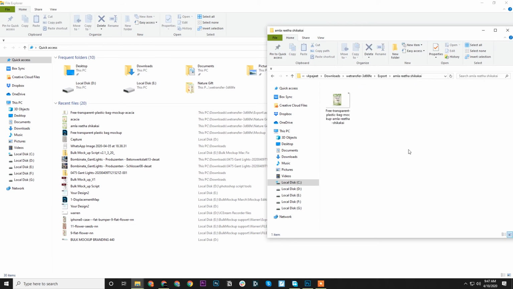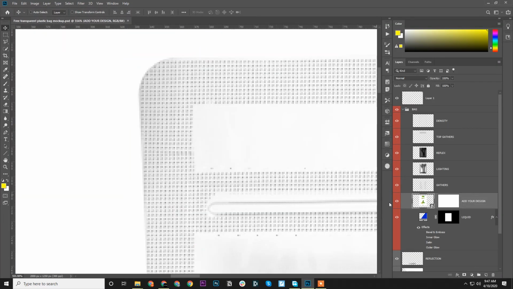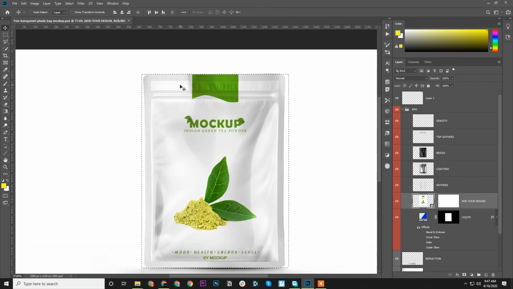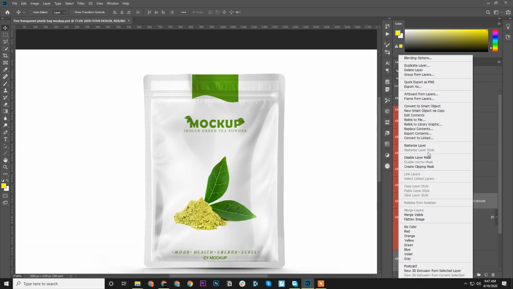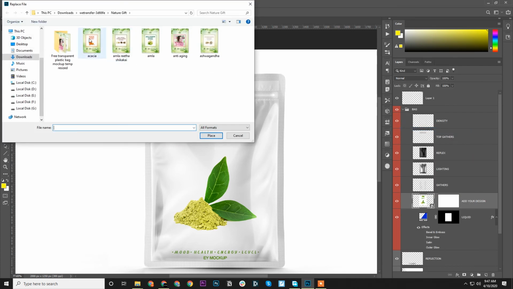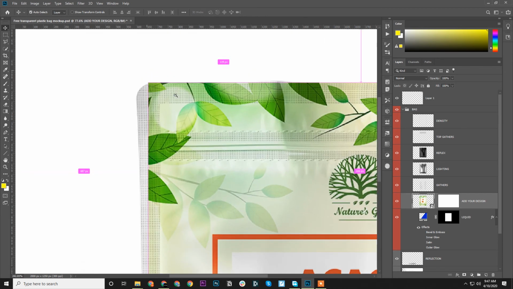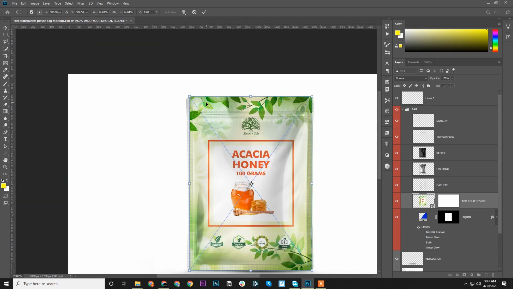because it has exported all the files. If we open our mockup template, you could see that if we replace this one with any of our designs, it is not actually capturing the whole thing, because the design is not placed properly, because the aspect ratio and all needs to be modified.